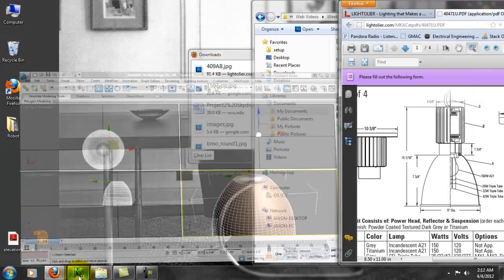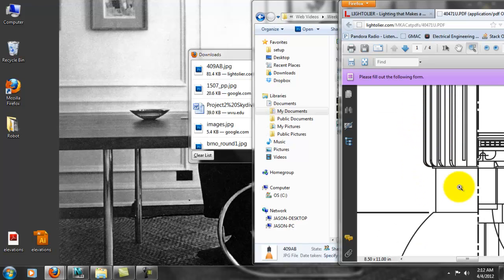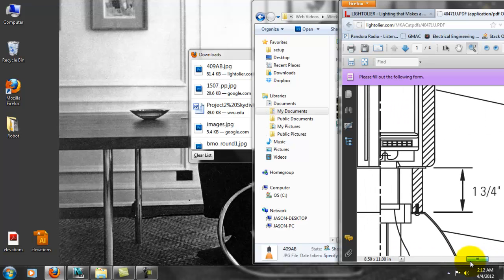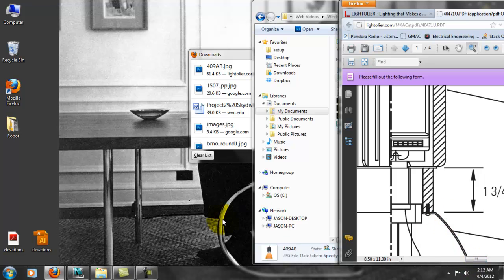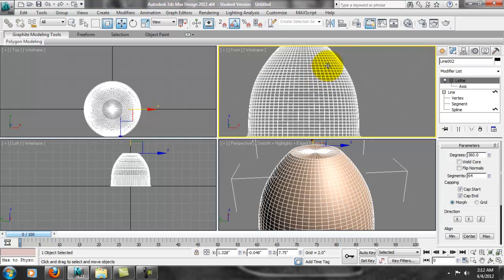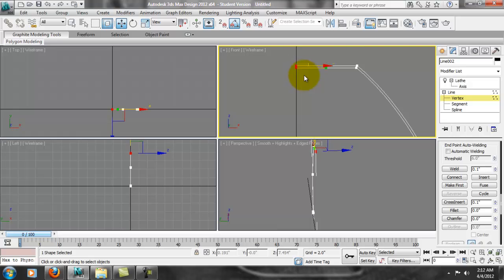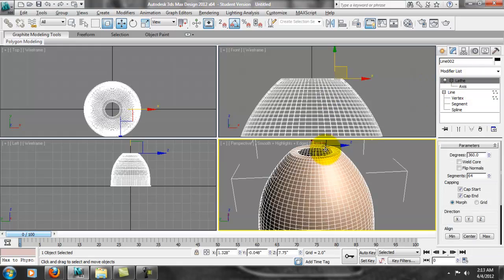Alright, so let's see what's going on up here. And actually, it looks like it's hollow at the top too. It doesn't necessarily go all the way over, so we're just going to step back one more time here and select all this and move all this over to maybe about there. Step back to lathe, and that'll give us the hole there in the top